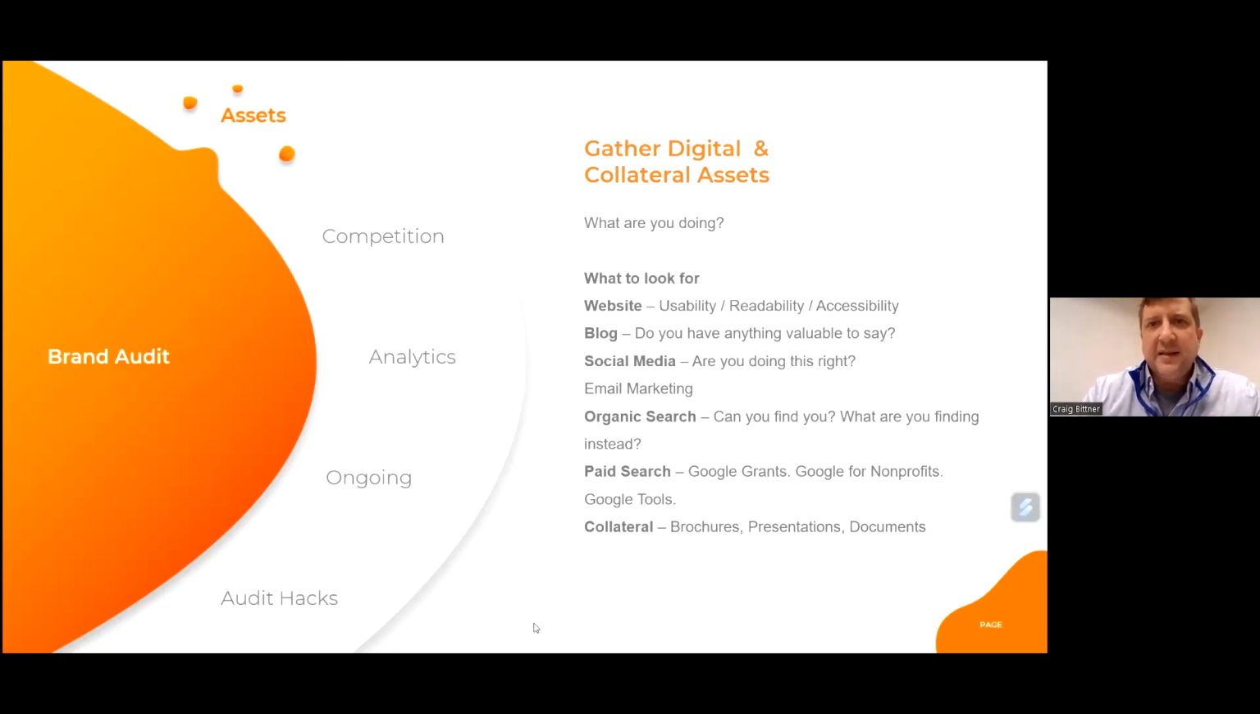So the first element is the assets: gather digital assets and collateral assets. So during this part of the process, what you're trying to do is look at as many things as you can. If you have collateral material, you've passed out brochures. If you have documents that you email to people, if you have a presentation like the one I'm going through now, and you've got a PowerPoint presentation or a bunch of them, just take a really close look at them all and see if they abide by the